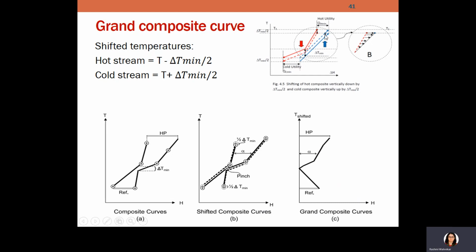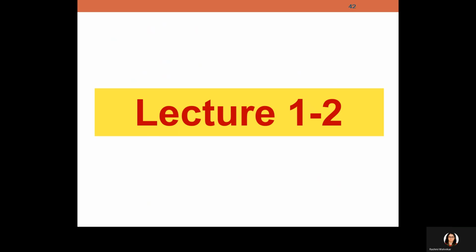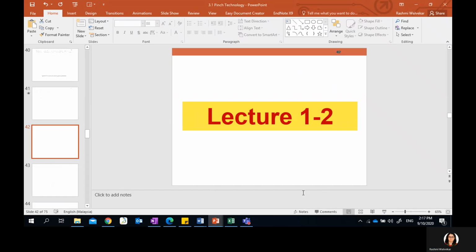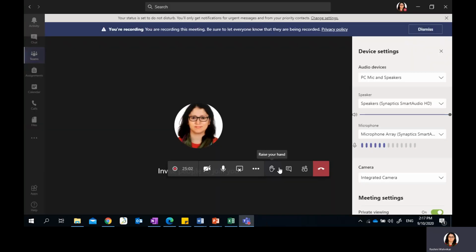You keep on measuring what the delta T is. The temperature remains the same, the enthalpy is different. So take those points and plot them here. Okay, so this is all your graphical method. So shortly I will move to lecture